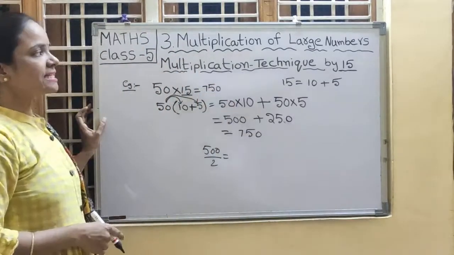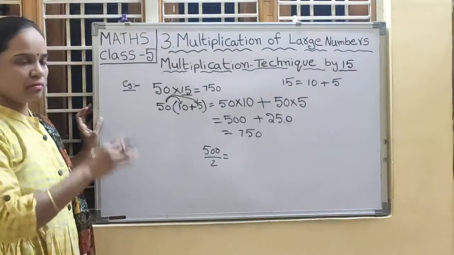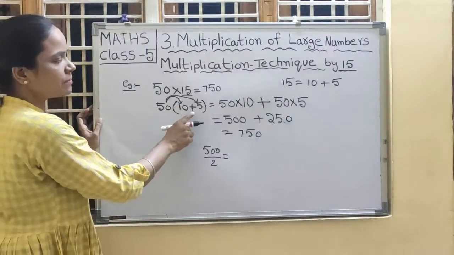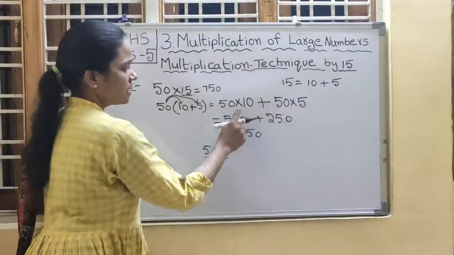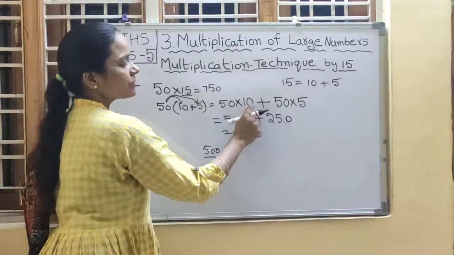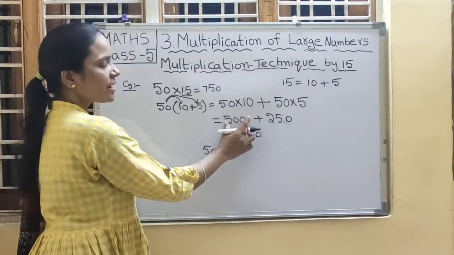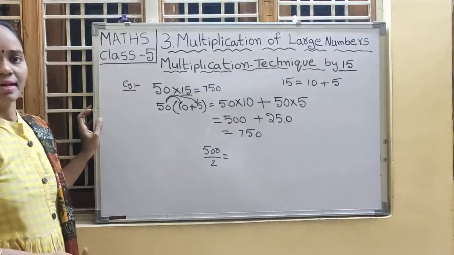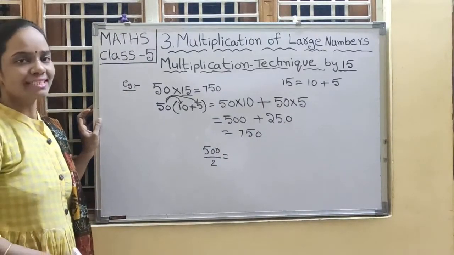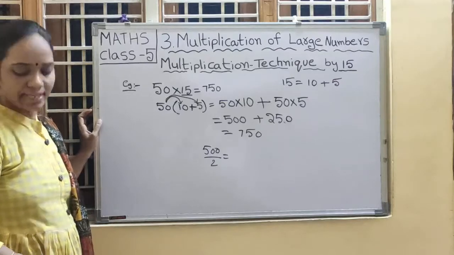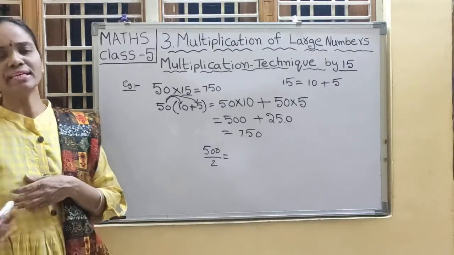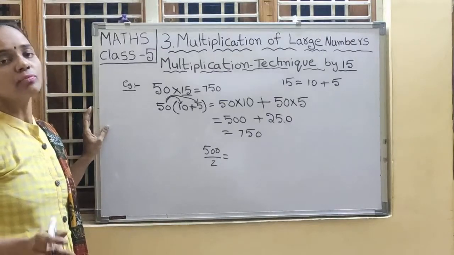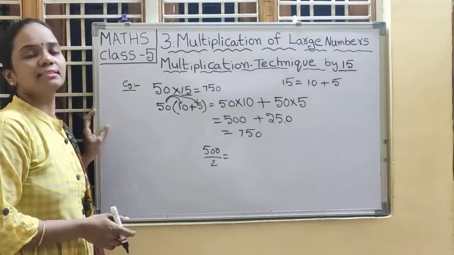So this is the multiplication technique by 50. Okay? We have to take the expanded form and 50 should be multiplied by 10 plus 50 should be multiplied by 5. 5 is a half of 10. So what is the answer here? 500. Half of 500 is 250. So 750 is the answer. Have you understood, children? Please note it down. Shall we take one more example? Very good. Children, you have so many examples in your textbook. Please take them and practice in your book. Okay, using techniques.